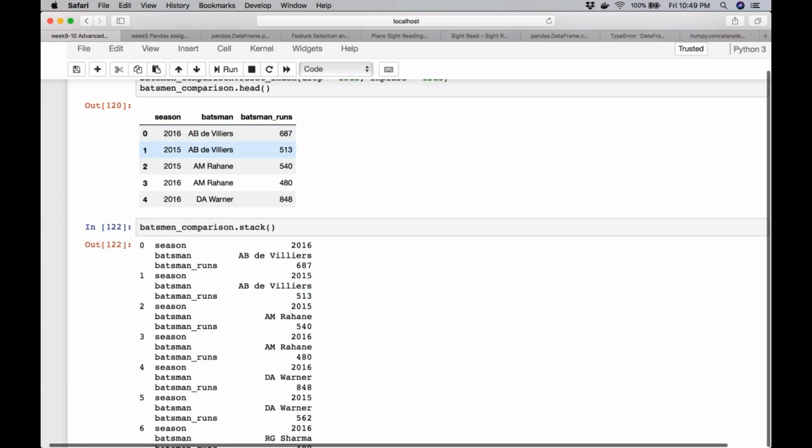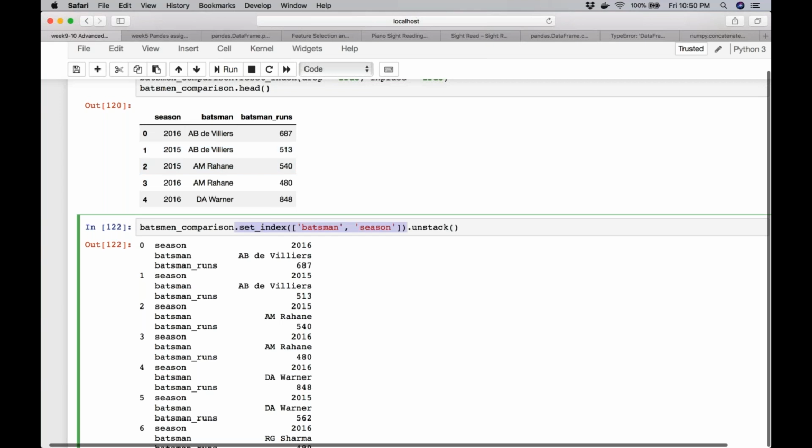The first level remains the original index, and then it is literally stacking season, batsman, runs, and for each, this becomes my level 1 indices, and then the corresponding values come here. So 2016 De Villiers 670, 687, then 2015 De Villiers 513, and so on. So this is what happens if you simply stack on any data which has more than two columns.